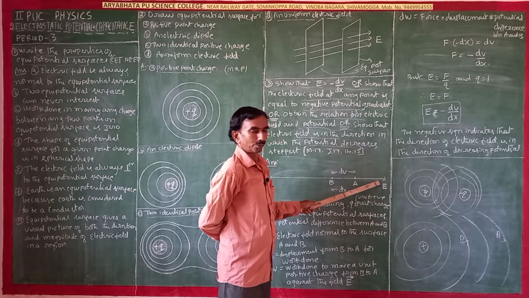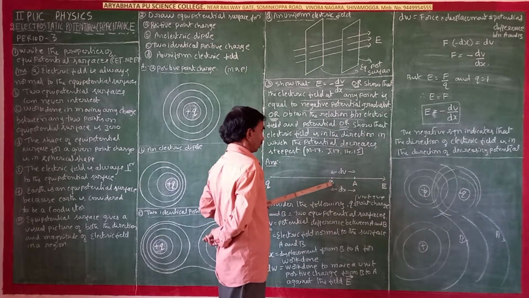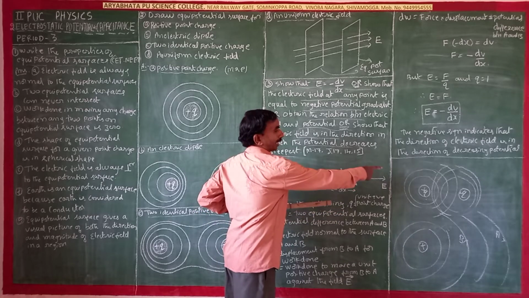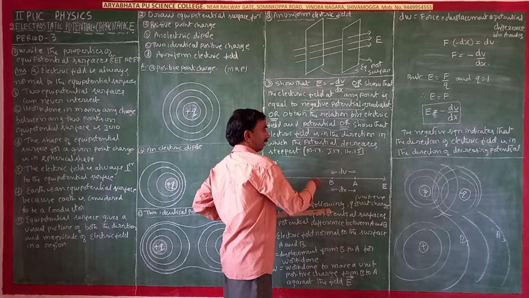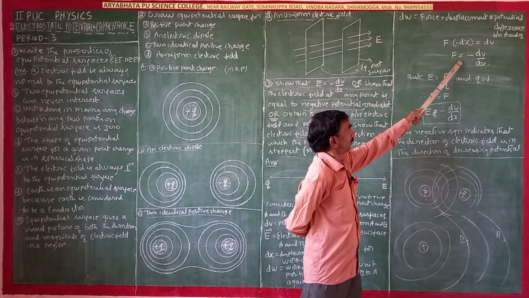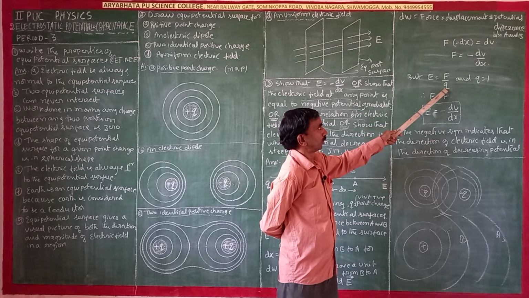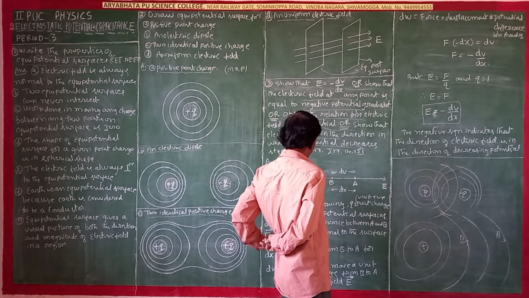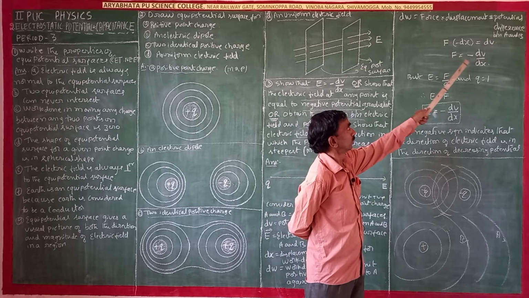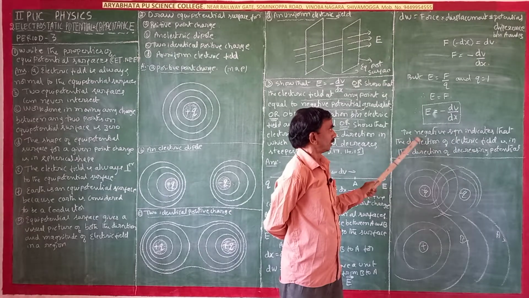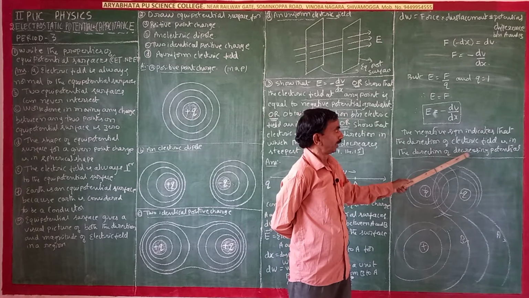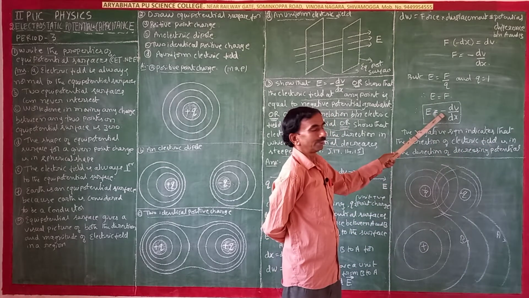I have marked the electric field here because the electric field is to bring the charge from B to A. The equipotential surface is there, so the electric field is always showing this direction, and the unit vector is in this direction. So F is equal to dV by dx. E is equal to F by Q, but Q means unit positive charge, so Q is equal to 1 and E is equal to F. Therefore E is equal to minus dV by dx. The negative sign indicates that the direction of the electric field is in the direction of decreasing potential. So decreasing potential means negative.